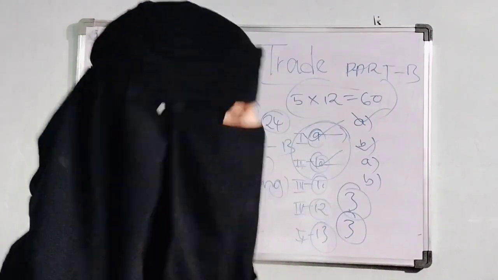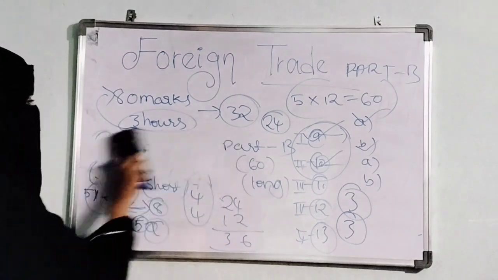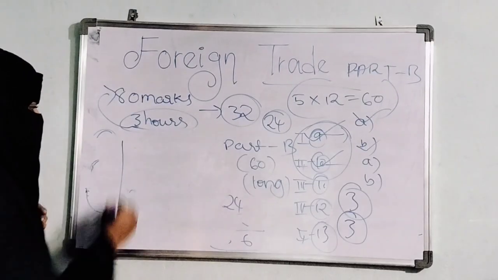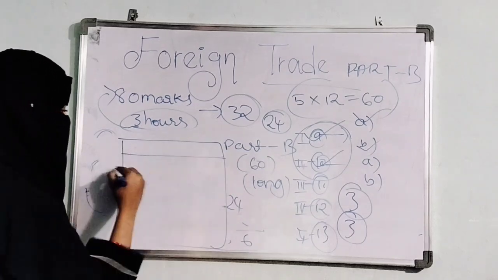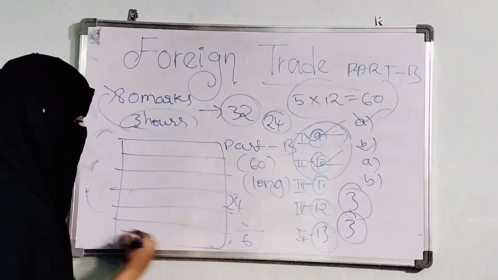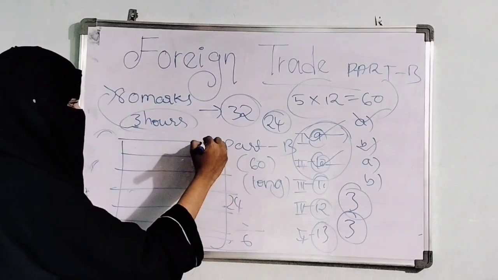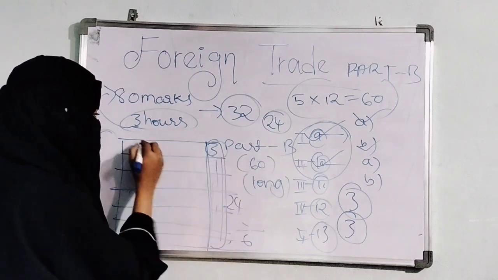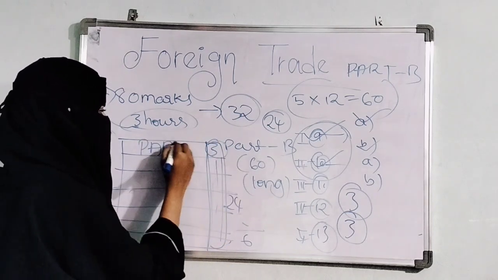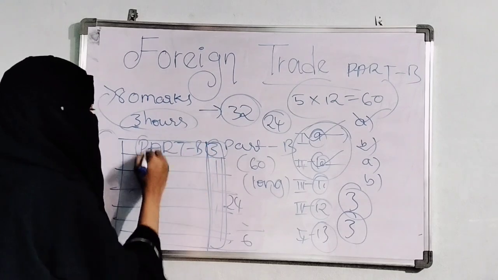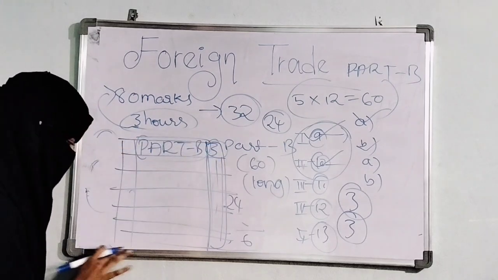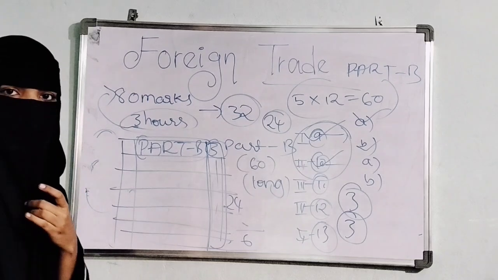And now I will be showing the presentation. How will be the presentation, ma'am? See, if you are having this as an answer booklet, single rule will be there. Your answer booklet will start from page 3. You have to draw a margin here. Don't draw here and here. First I suggest you write part B, complete part B, then you go to part A. Write in capital letters, draw a margin here. Otherwise they will give the margin here.